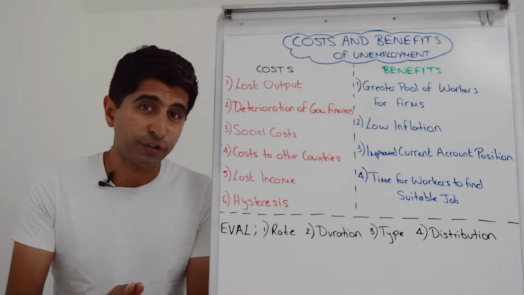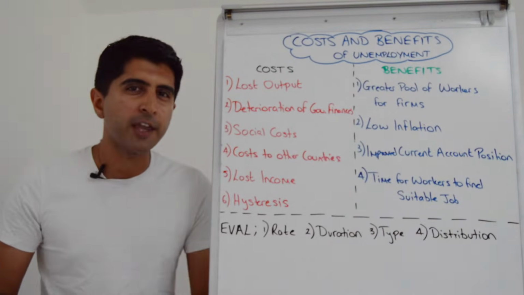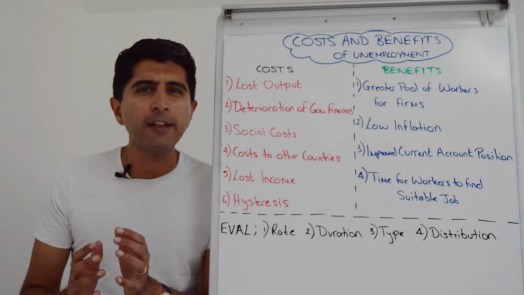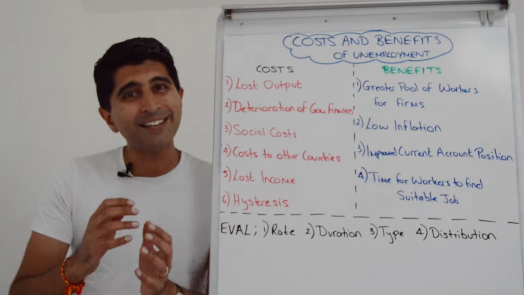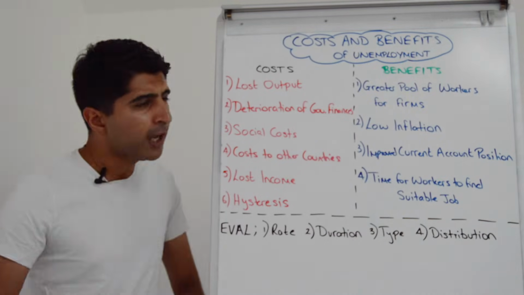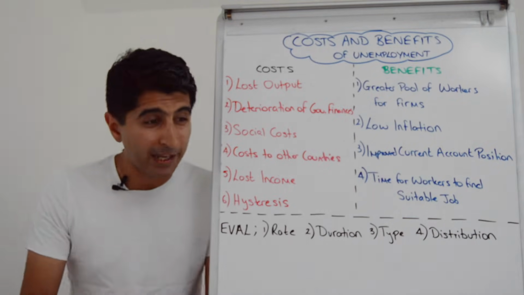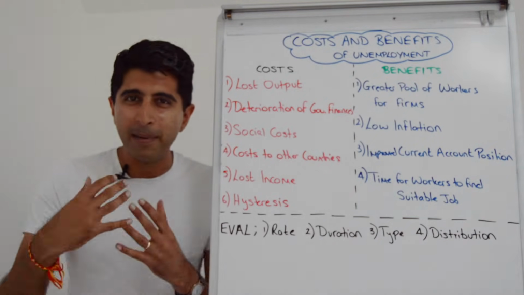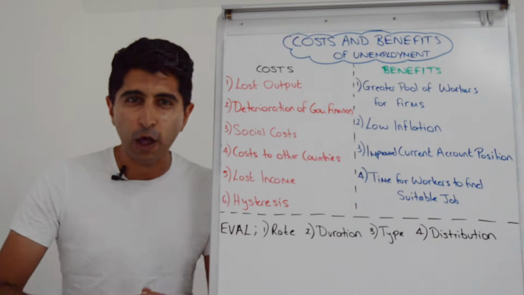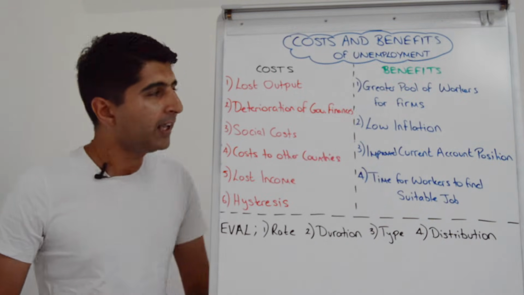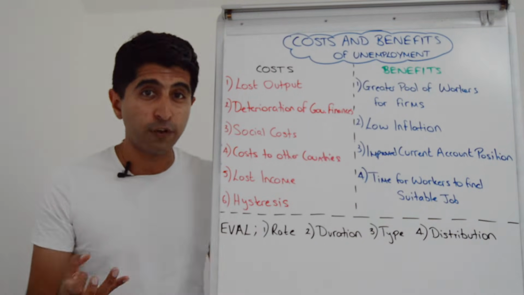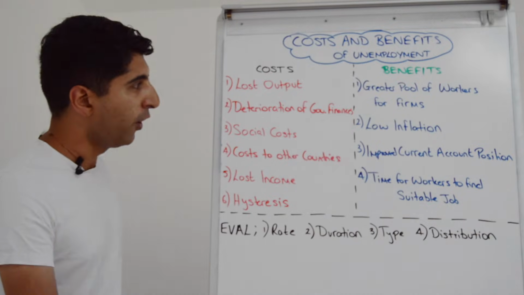First of all, you have lost output. When there is unemployment of labor, the economy is operating within its productive potential, inside its PPF curve. And that means you don't get the maximum production of goods and services taking place. That's bad news for consumers and households. Their ability to access goods and services is lower, their living standards will be lower, and it's a constraint to economic growth as well if you're not maximizing production of goods and services.